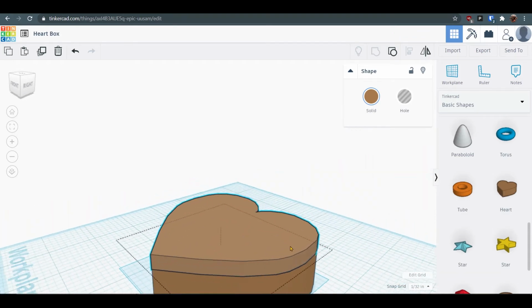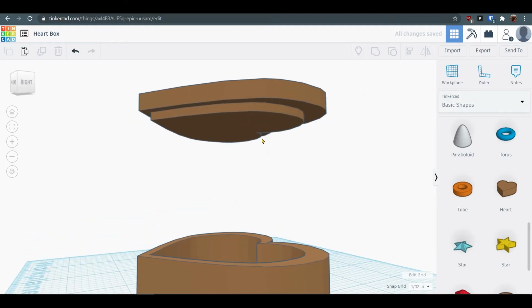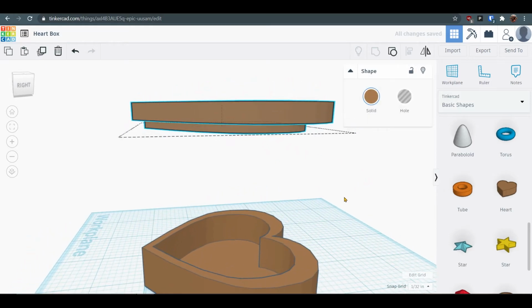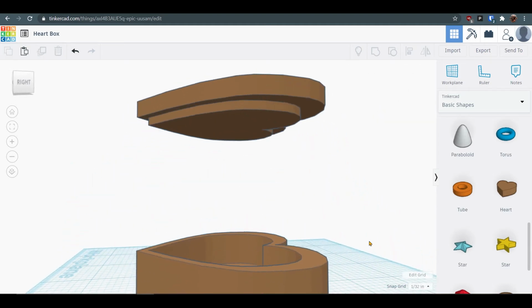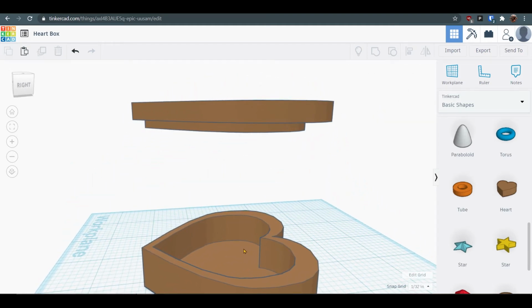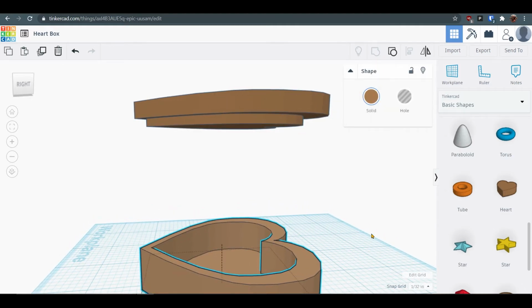It will close and stay closed because we have that piece in the lid that is sticking out. Now this lip isn't very thick, so it won't obstruct anything that you're putting in here. One thing to consider while building this is what you're going to be putting in the box. So if you want something that's thicker than about